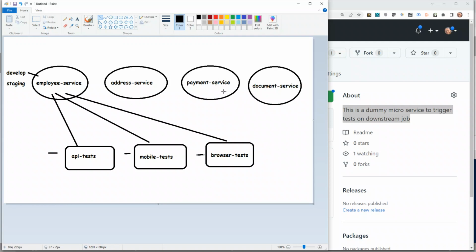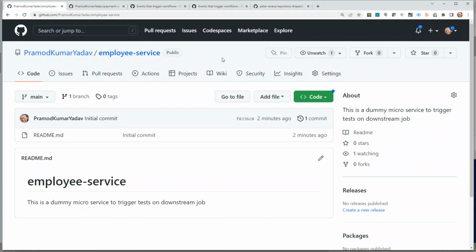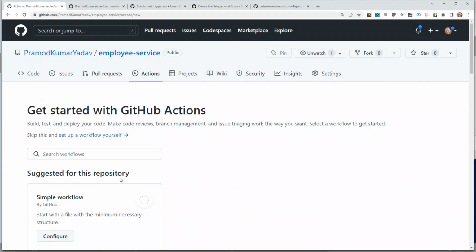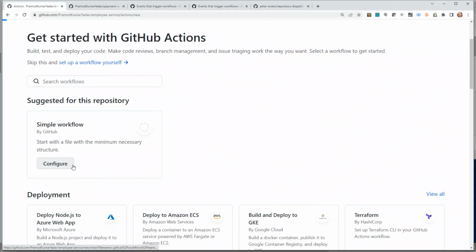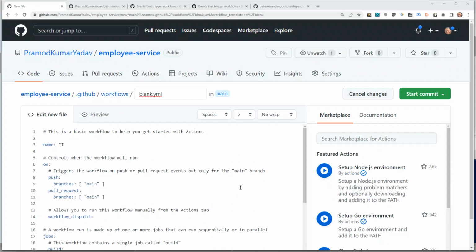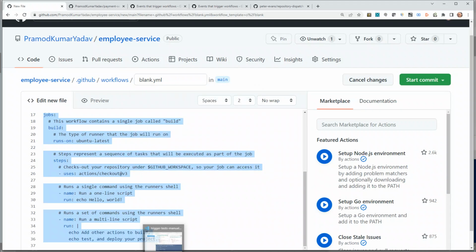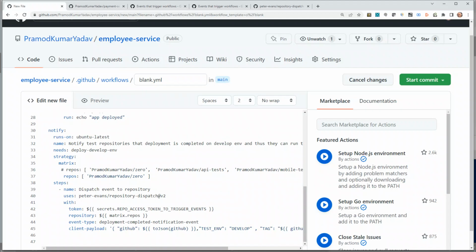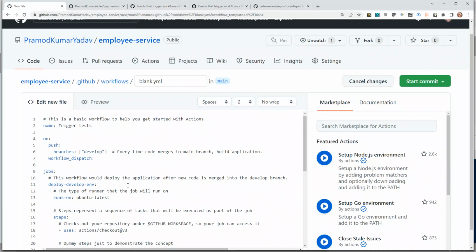So if I go back, let's go to Actions, and let's create a new workflow file. And I already have created a workflow file for this, because otherwise this video will become extremely lengthy. And I'm going to just copy that particular workflow file here, and I'm going to explain what that workflow file does. So let me remove everything,